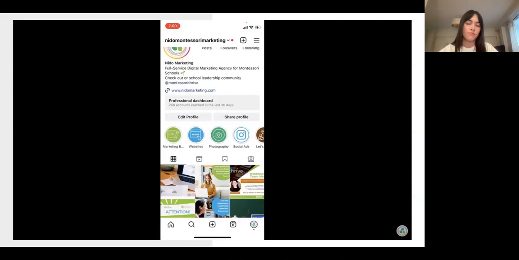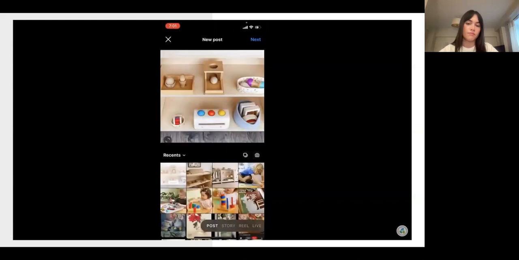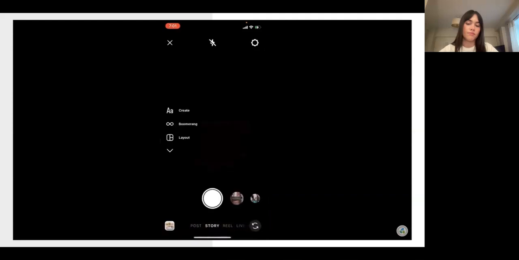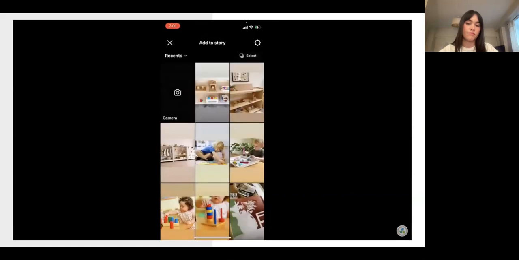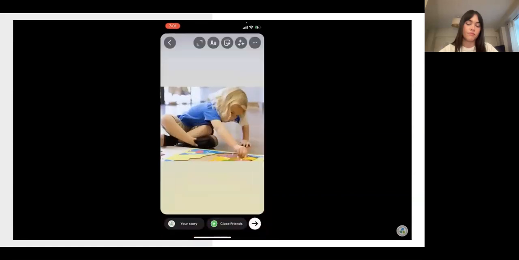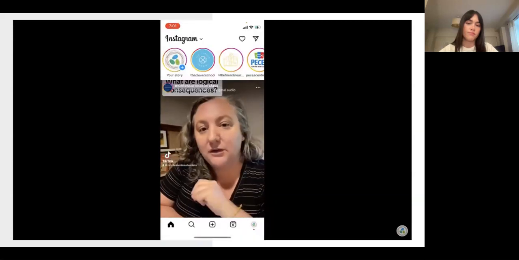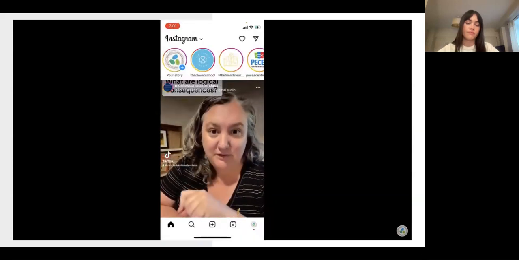Alternatively, if you want to post a story that isn't something that's on your main feed, what you would do is click this plus button. This is going to lead you again to create a post. Instead of post, you're going to click story and it will drag you to your camera. If you want to select a picture, you would just click that button on the very lower left-hand side. This is your camera roll, and you can go ahead and select a picture that you want to share to your story. Same thing here. You can add in text, you can add in different features. And when you're all happy with that, you can go ahead and add that to your story.